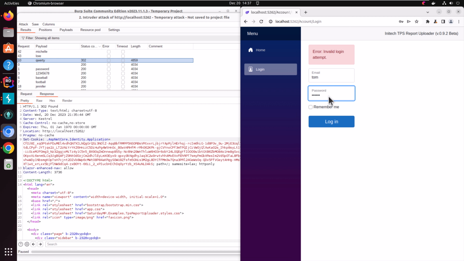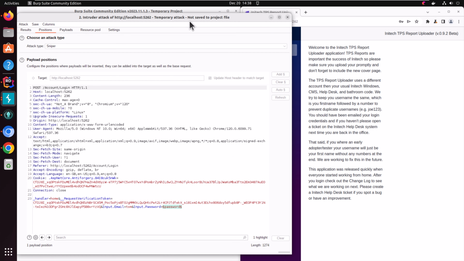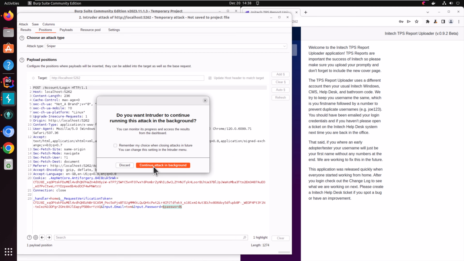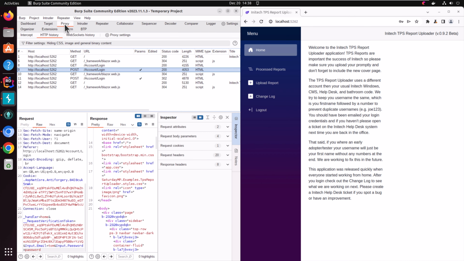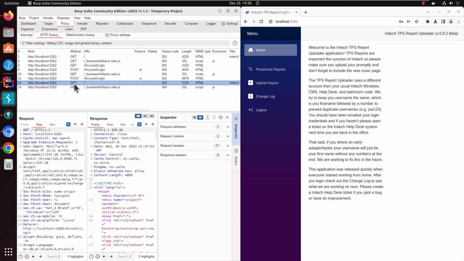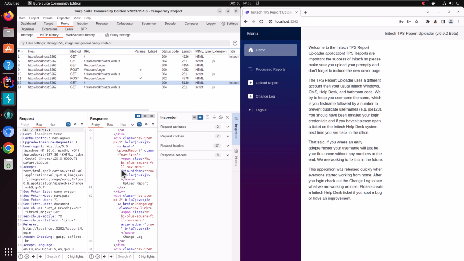So if we go here, QWERTY, boom, login. All right, now we're logged in. So now we can see all the stuff when we're logged in. And if we go look at our proxy here, we can see we successfully logged in. So like here's upload report menu item there. So yeah, so it looks like we have